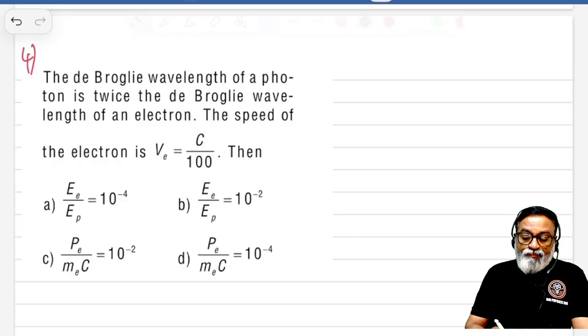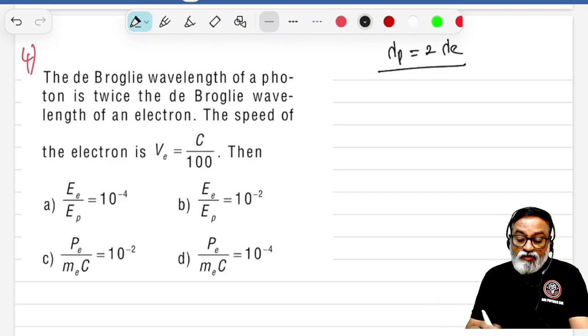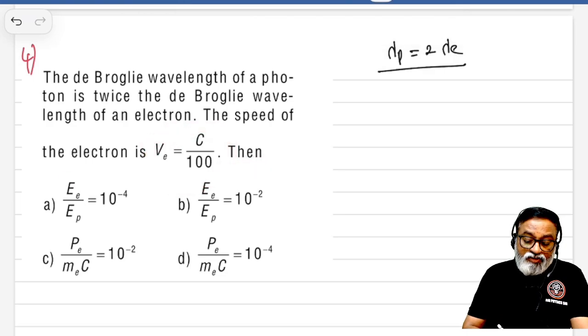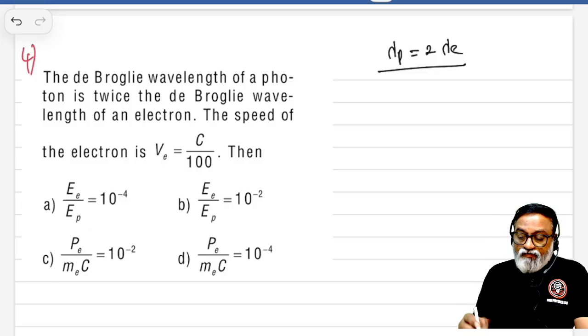Another one. The de Broglie wavelength of a photon is twice the de Broglie wavelength of an electron. Here, the speed of the electron is v equal to c by 100. Then find the energy of electron by energy of photon. And another option, the momentum of electron by m e into c, we have to find. First one,